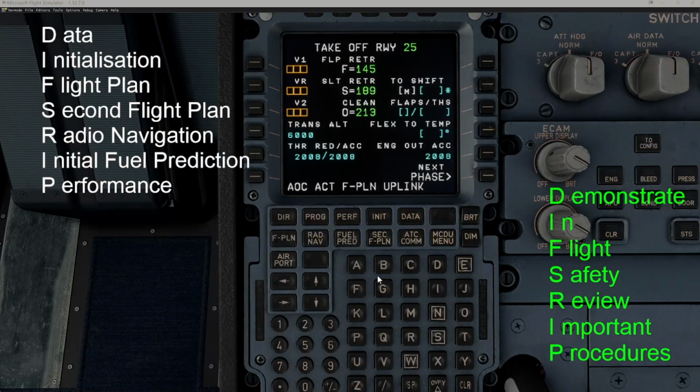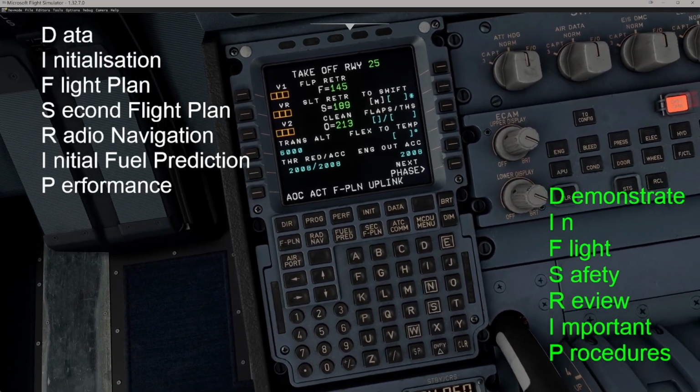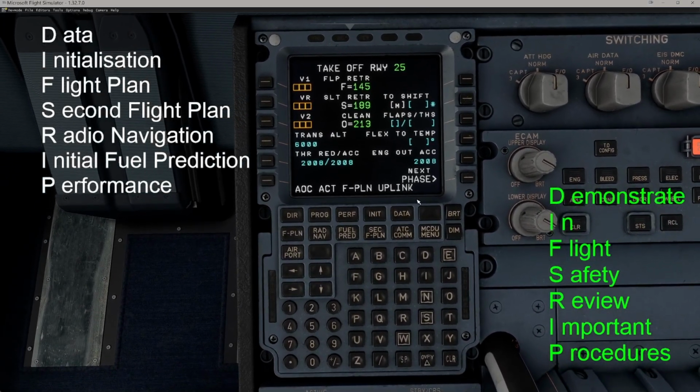Here we are back again. So let's just remember this. I'm just going to zoom out a little bit to make it a little bit easier. Unfortunately, I've got my toolbar showing. It's invisible, but it appears when my cursor's at the bottom of the screen. Silly me. Right, so it's 130, 130, 140. So type in 130 here at the bottom. Click on the top to populate. 140 again on the bottom. Click next one down for V-rotate. 140 for V2. Okay, now the next thing we need to do is to write the flaps,